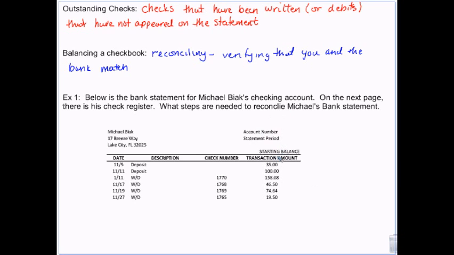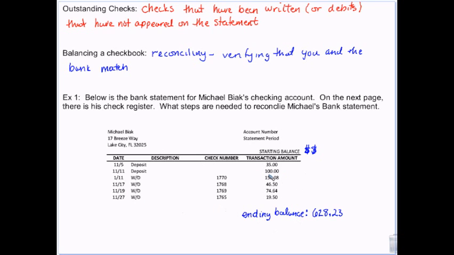Okay. This is, oops, this is my typo, apparently. I didn't put the ending balance on here. Sorry about that. So the ending balance is $628.23. And we'll say the starting balance was some amount of money. We don't really need the starting balance for reconciling. So sorry about that. So just add an ending balance there.